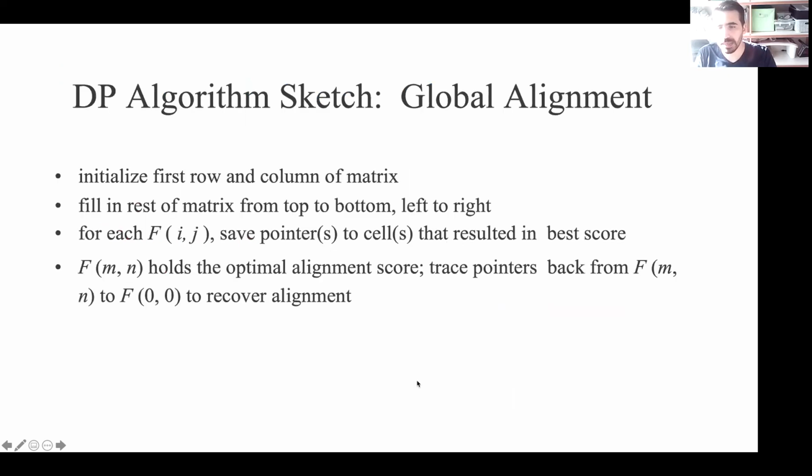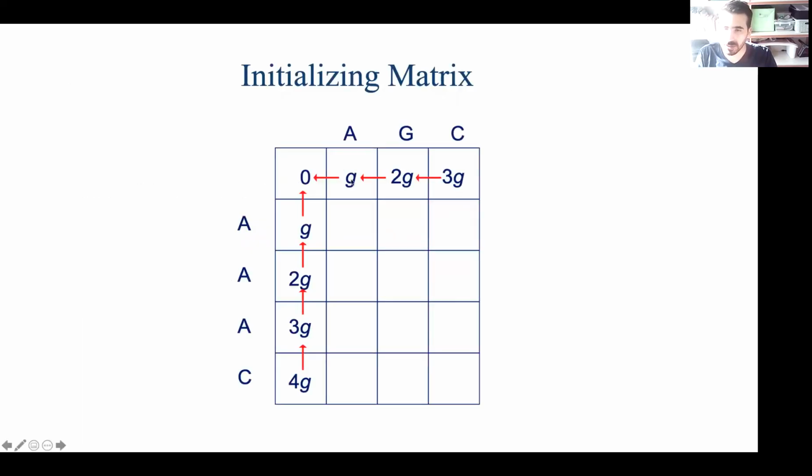Okay, so let's get an example. Again, maybe we don't have time to work on it. Normally, it would be a nice activity to do that, but I would like to give the basics of it. So how do you do that? First, we initialize the matrix, and we initialize the first row and column of the matrix, right? So how do you do that? We will basically introduce the gap penalties. We'll come to that. So just like this.